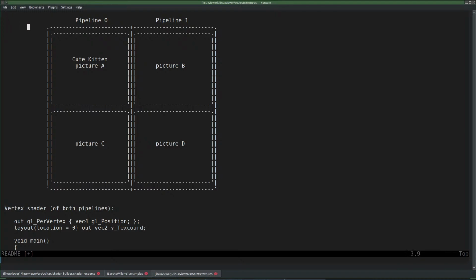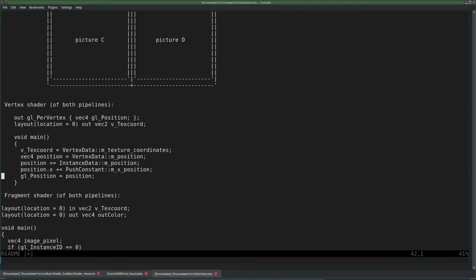So this is my window for what I'm going to write. And it has 4 pictures. And the idea was that the left side is drawn by pipeline 0 and the right side by pipeline 1. And each contain 2 textures. But I want them to use the same shaders. If I manage to do that, then I should have a clear picture of